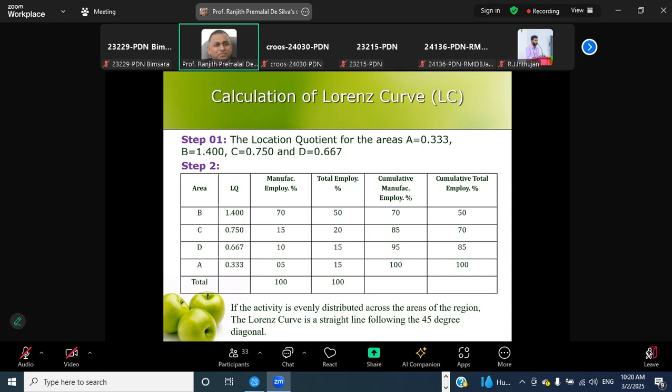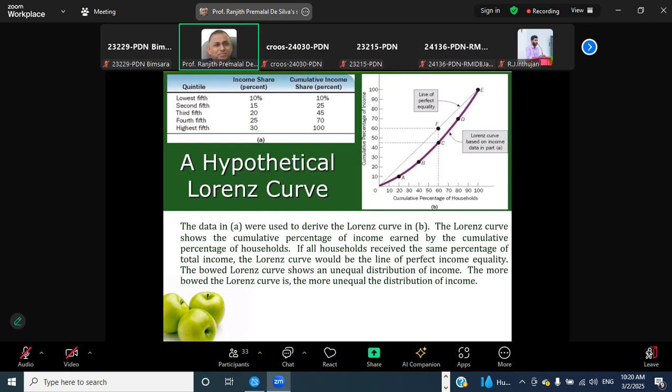The lower one, you should take it to the y-axis. Now here you have the quintiles. It's actually not quintiles, it's five: lowest fifth, second fifth, third fifth, fourth fifth, and highest fifth. If it's a quartile, it is lowest fourth, second fourth, third fourth, and fourth. So here it is the lowest fifth, income share is 10%,